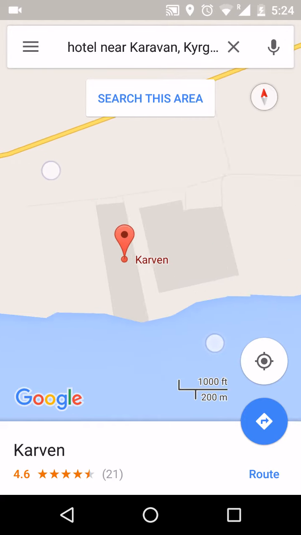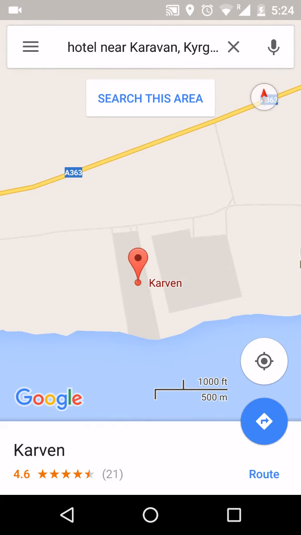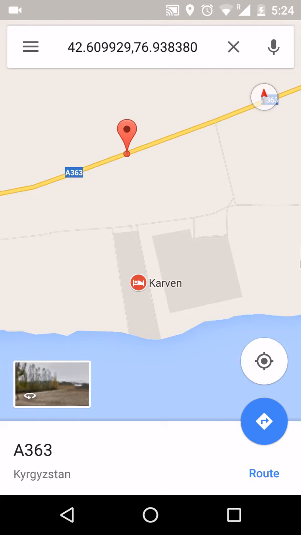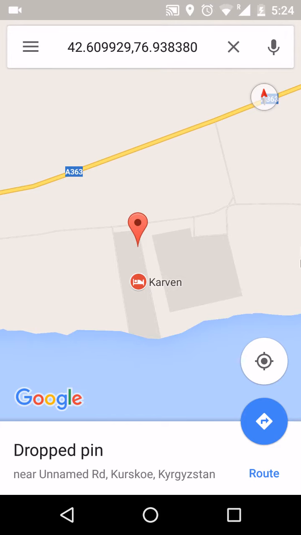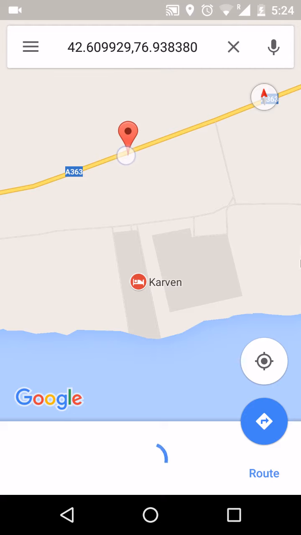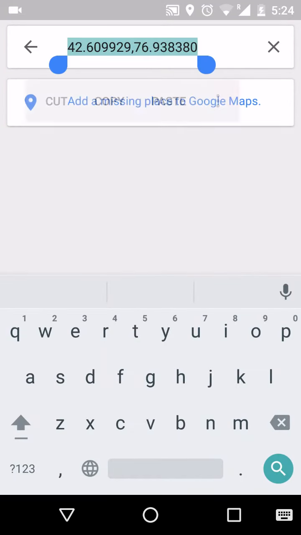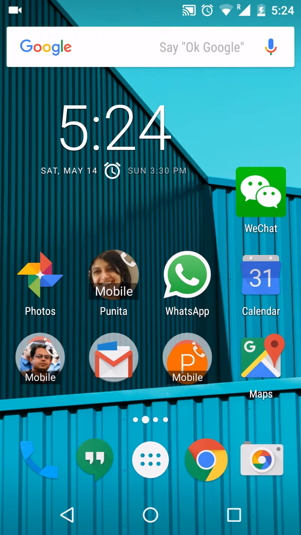So, for instance, Hotel Caravan is just by highway A363. So I am going to long press right about there at that point, and you can see on the top that it gives me those latitude and longitude coordinates. Even if I clicked anywhere around the hotel, it is still going to give me those coordinates. I'm just going to keep it simple and keep it on the highway itself. And a bit of a long press, and I copy that information, and I go to my maps.me